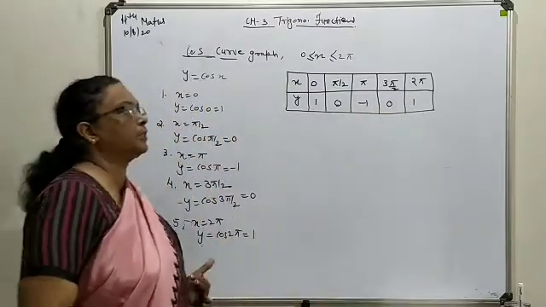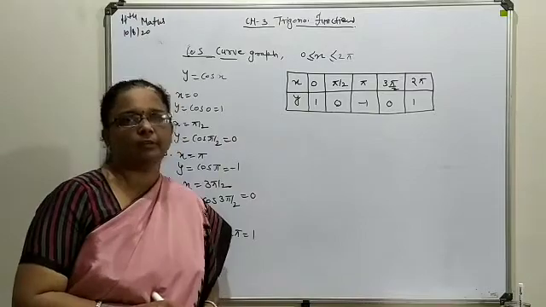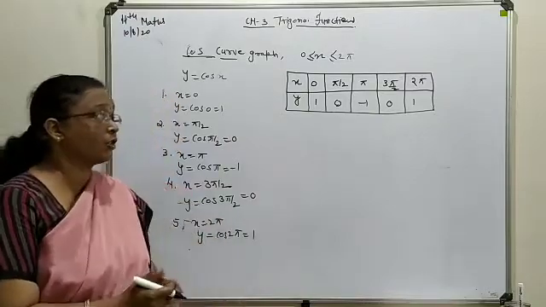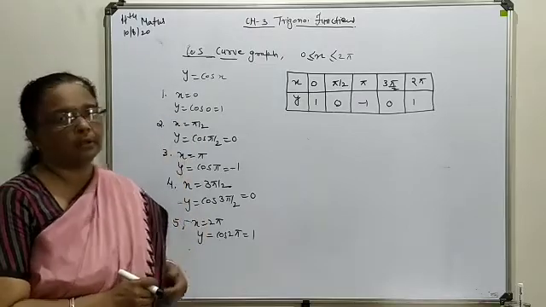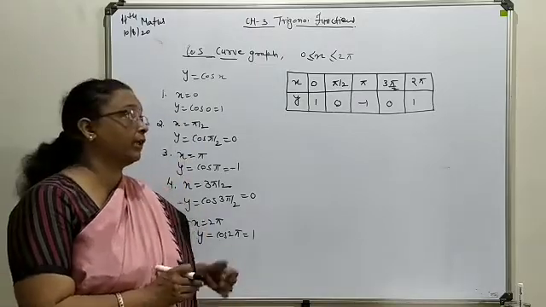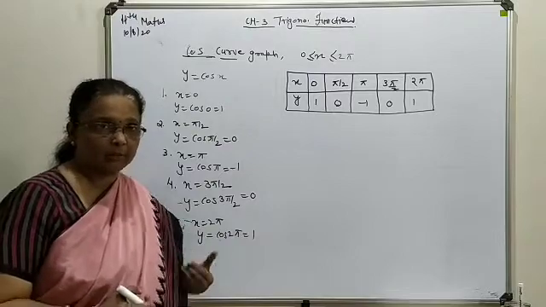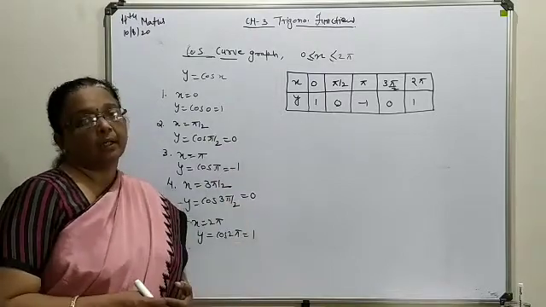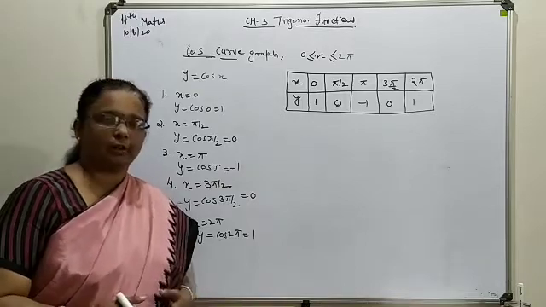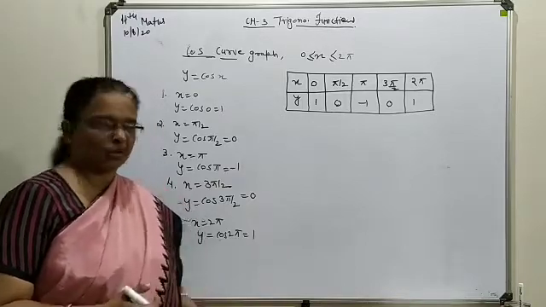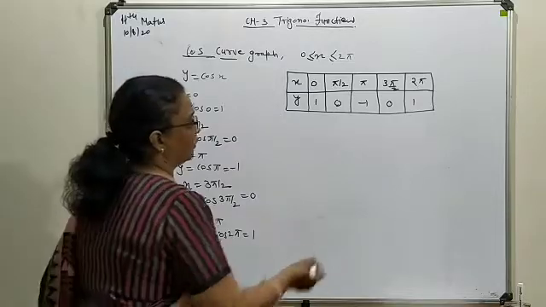If you compare this table and its respective values, you will find there is an exchange of values as compared to the last table. Where we were having 0, here we are getting 1, and where we were having 1, here we are getting 0. So obviously the pattern of the curve will be quite changed. So let's try to understand how it will be changed.